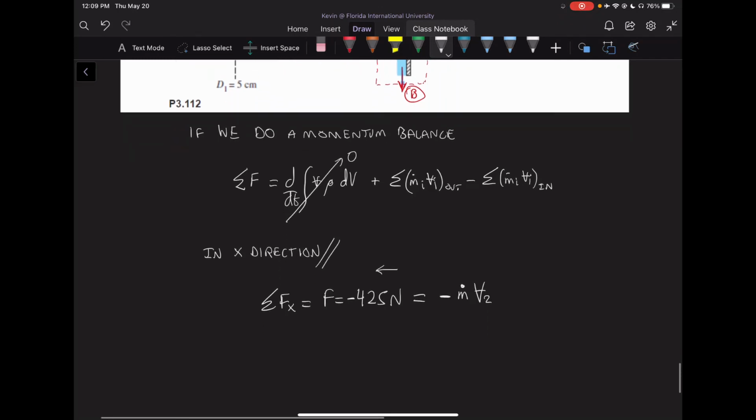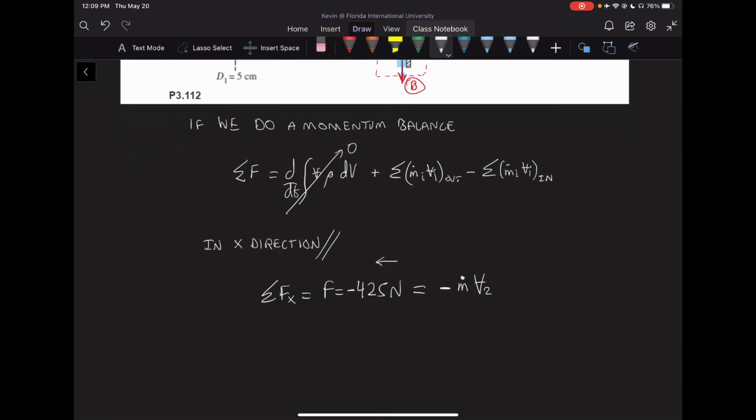And so going further with this, we can get rid of the negative signs and say 425 is equal to m dot V2, which is equal to rho A2